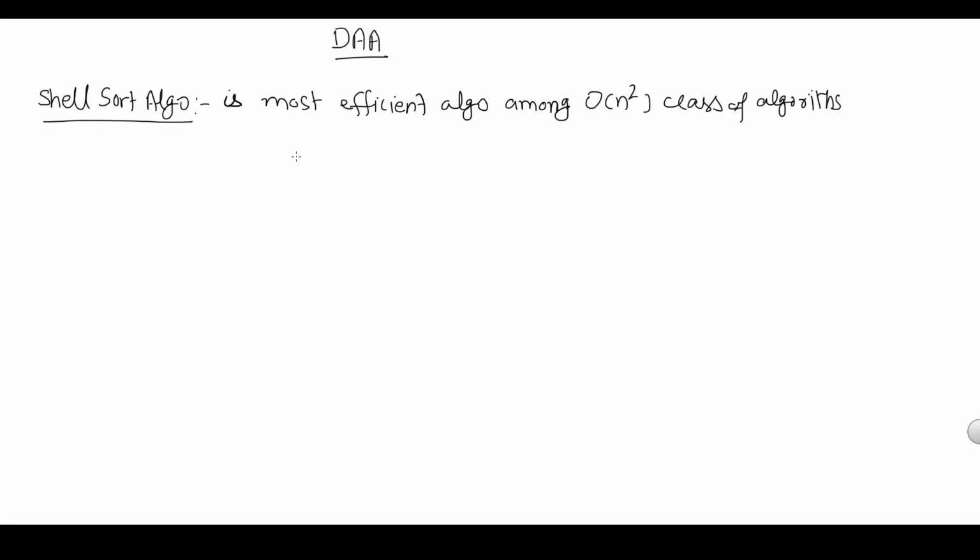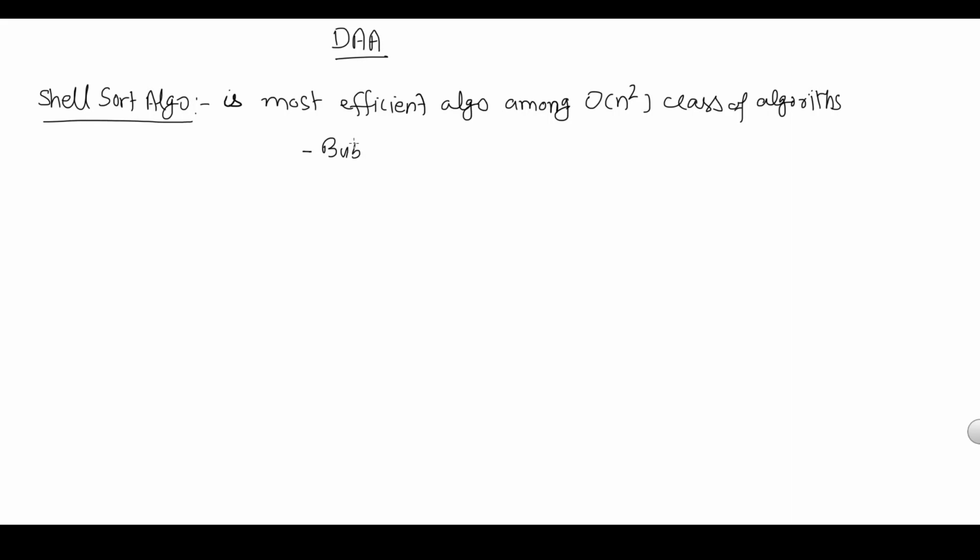We have several algorithms which have order of n square running time. Many algorithms have this order of running time in average case and worst case, and some other algorithms have this order of n square time in worst case only. So the algorithms like